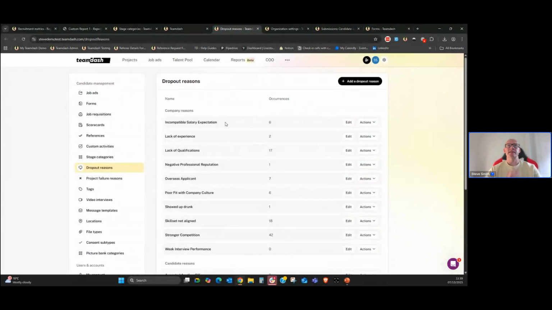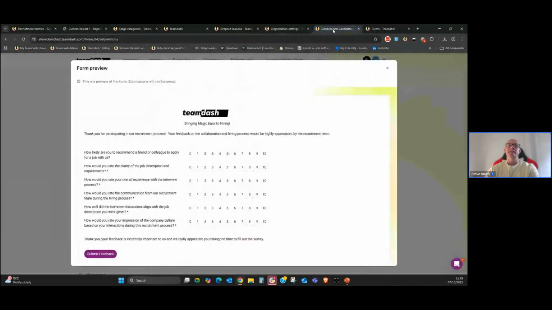The next thing, dropout reasons. If you want to report on these, let's get those reviewed. Let's make sure that we've got the toggle turned on to prompt for a dropout reason. And we talked about candidate feedback earlier and how valuable that is. So if you need any assistance in creating a much more in-depth candidate survey, like the example I have here, where we are asking our standard CMPS question but also delving a little bit deeper, then please reach out to your CSM,